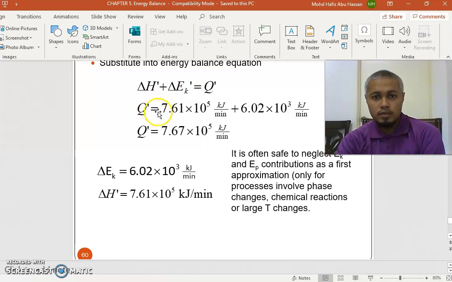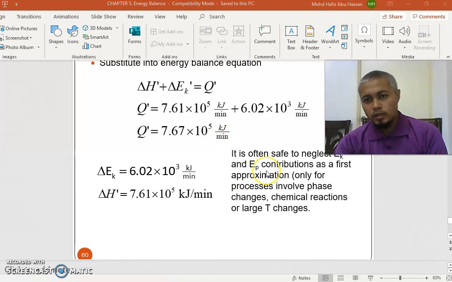So we have Q equals delta H plus kinetic energy, and delta H is 7.61 times 10 to the power of 5 plus 6.02 times 10 to the power of 3 kilojoule per minute for both. And then finally we will have change in heat of 7.67 times 10 to the power of 5 kilojoule per